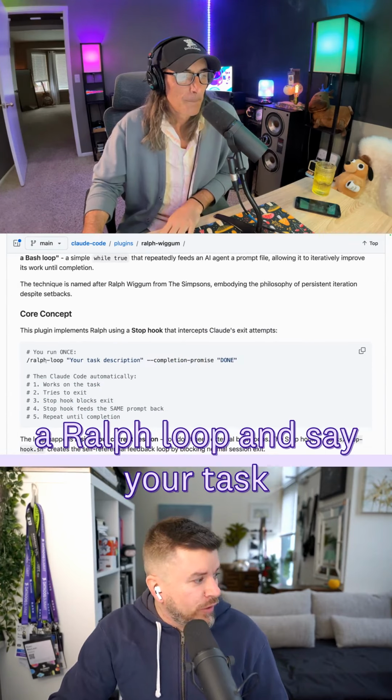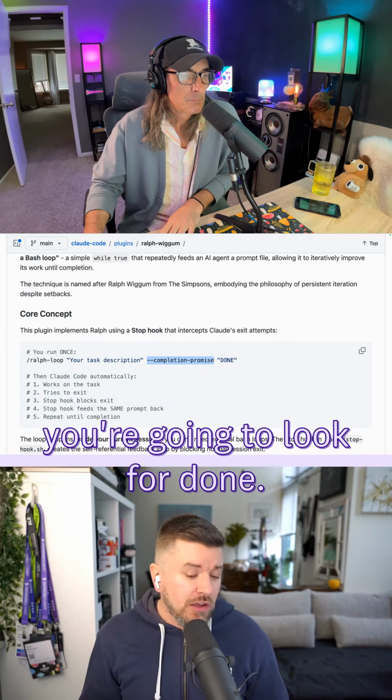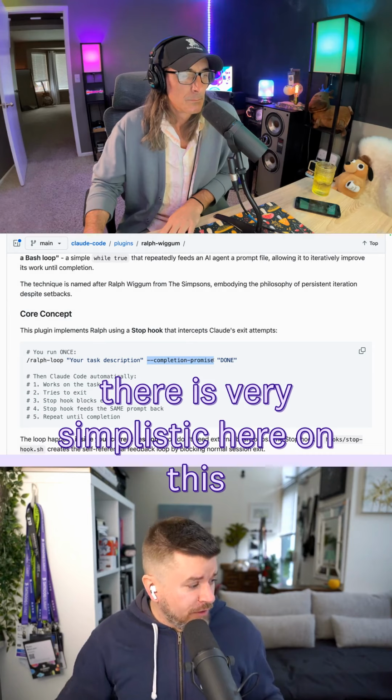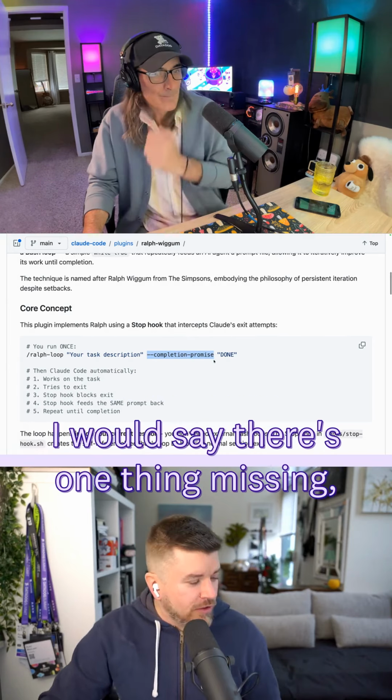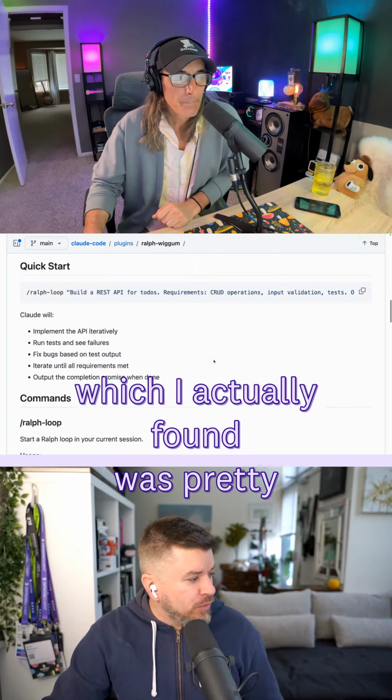And then your completion promise, or what you're going to say is when you stop, essentially, you're going to look for "done." Now, it's very simplistic here on this side. I would say there's one thing missing, which is called max iterations, which I actually found was pretty important